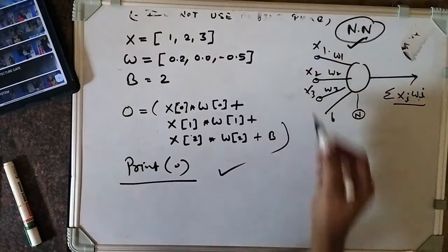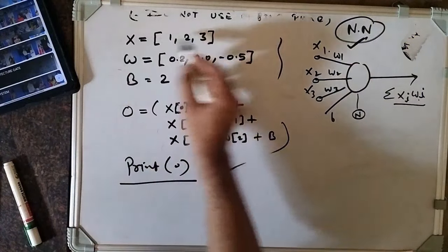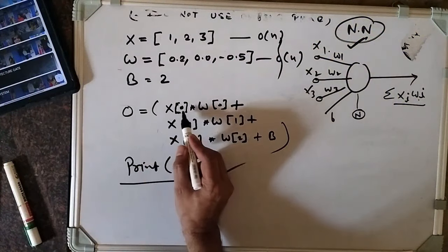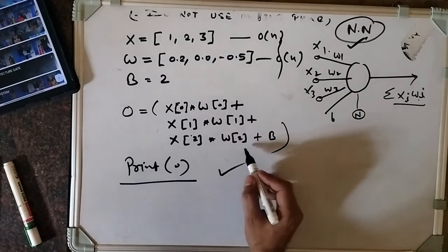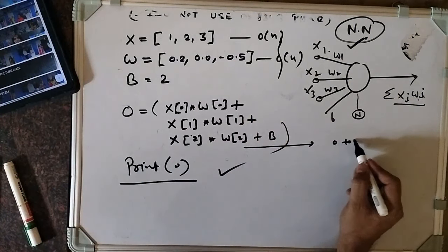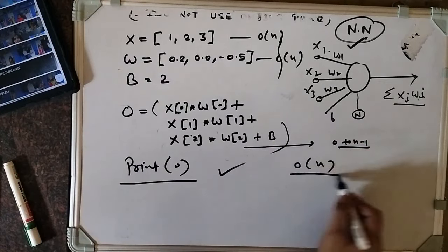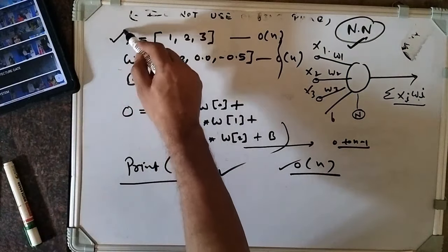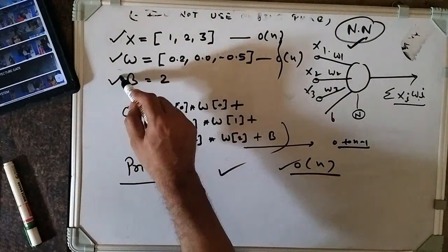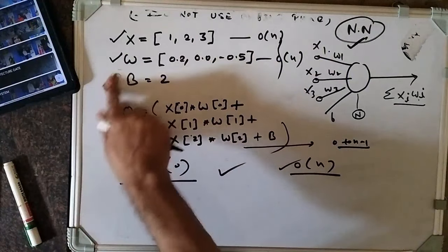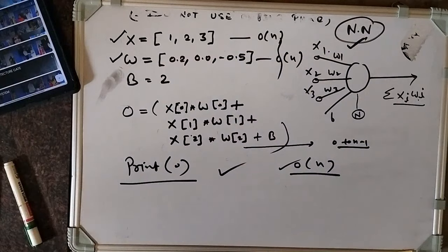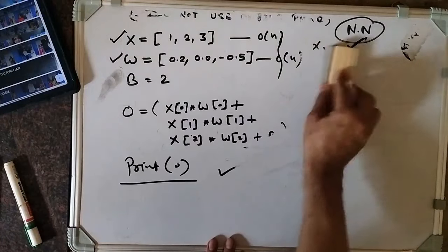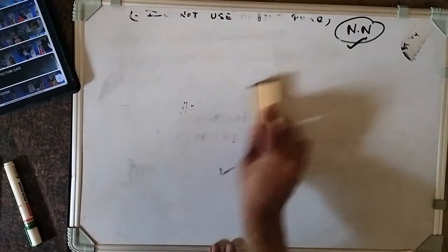Now the first question is coming: what is the time complexity? Suppose there are a total of n elements, and here also n elements, indexed 0, then 1, then 2. This loop works from 0 to n minus 1, so the time complexity will be order of n to complete this code. Time complexity is totally based on the number of inputs, number of weights, and number of layers. Later I will show. This is the first simple coding in a neural network. Now the second question is coming. Later I will show the code also, and run it in Colab.